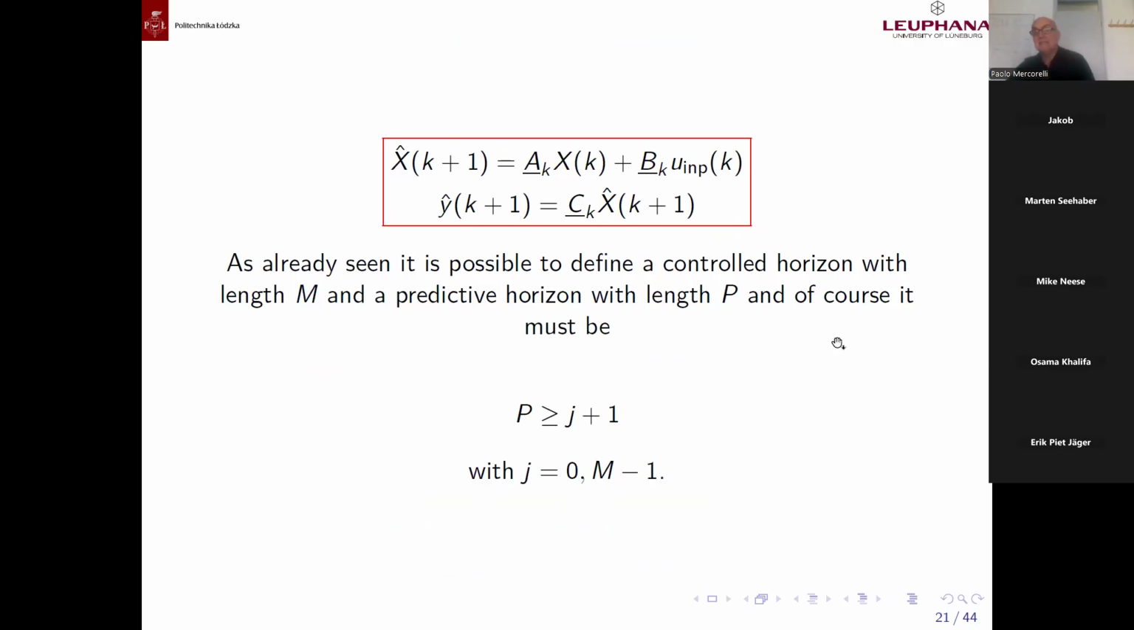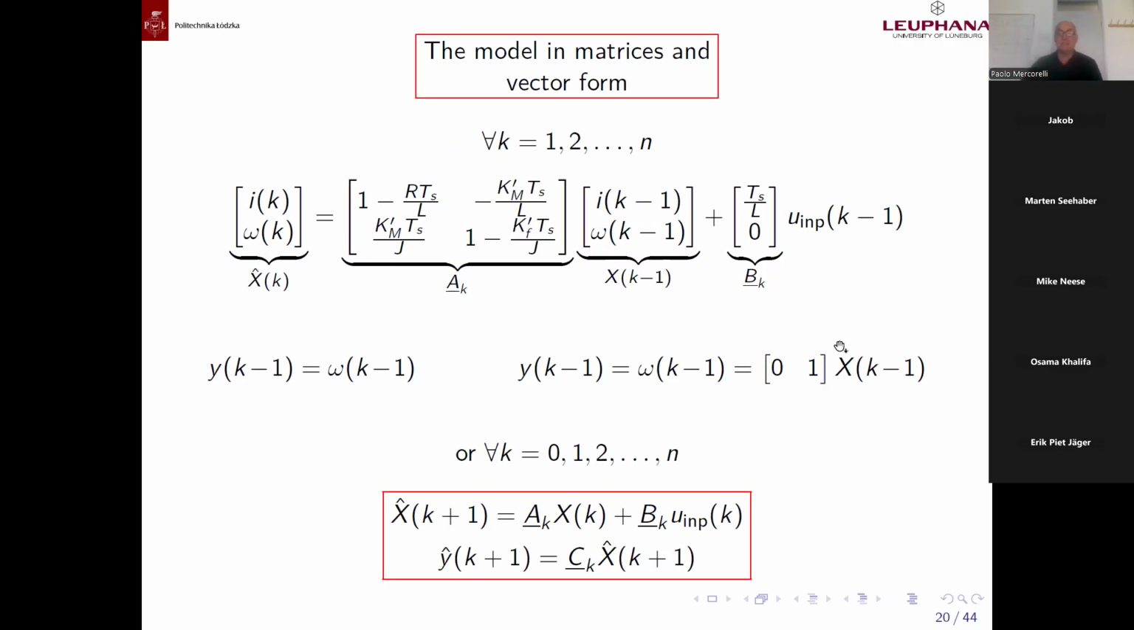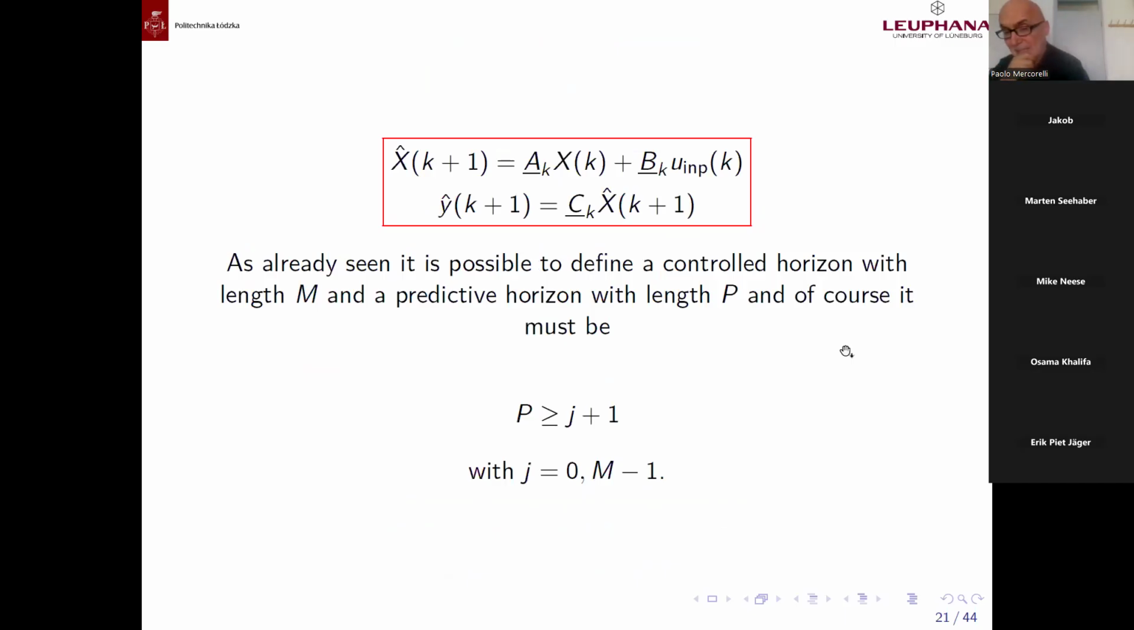Here is a linear time-invariant system in which we have the states of tomorrow as a function of the state of today plus the input of today. The same here. But the problem which arises here is what is the first value of H if nobody works? The task of MPC